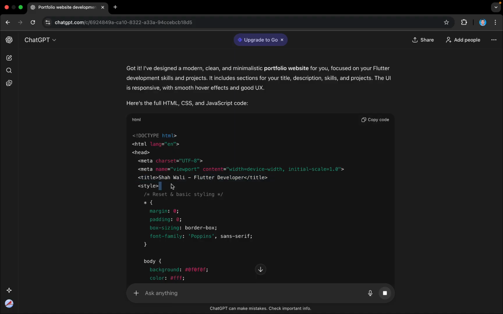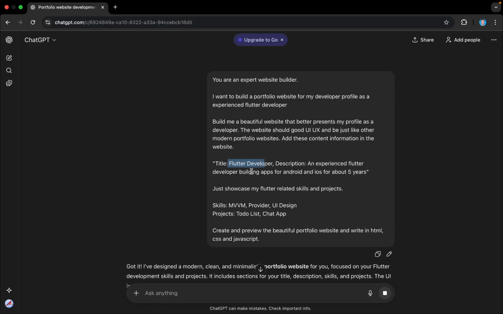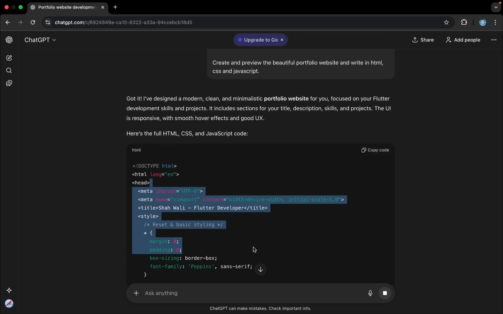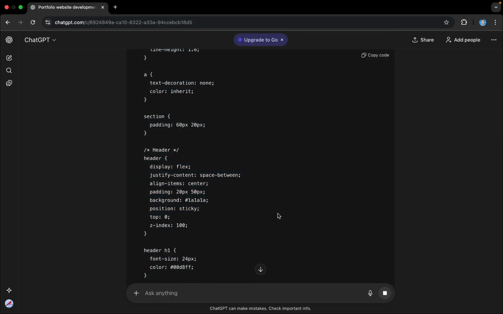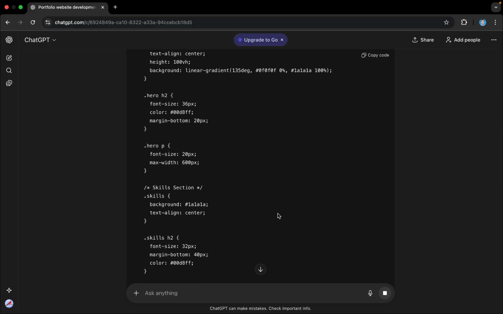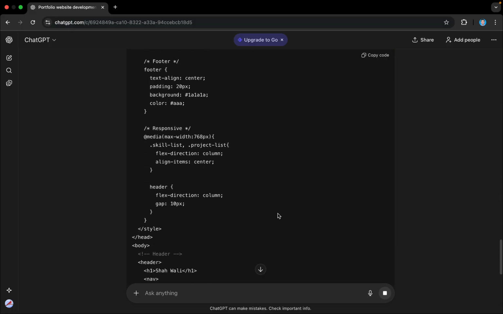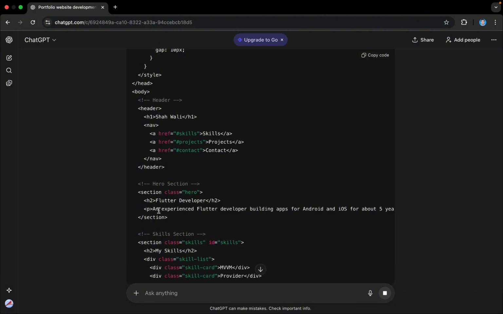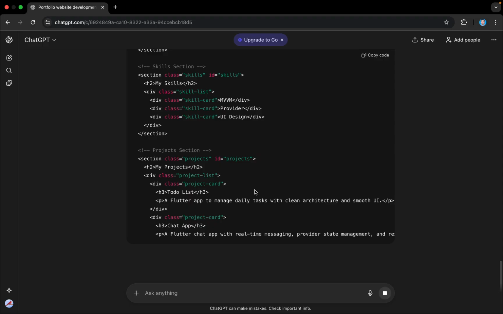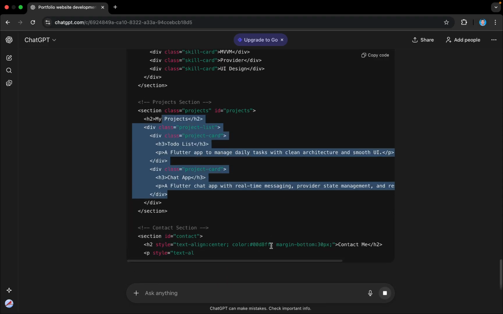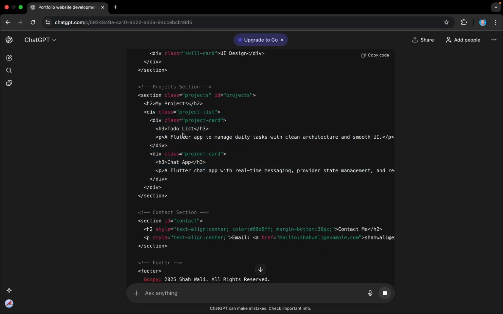developer, and it has picked my name, right? So it's as per the details that we provided here. So it's better than the previous one because it contained the data that we want to show in the website, and instructions are clear this time. You can see the description has been picked from the prompt, and similarly it's working. And let's see what it builds this time. It has added to-do list, chat app,